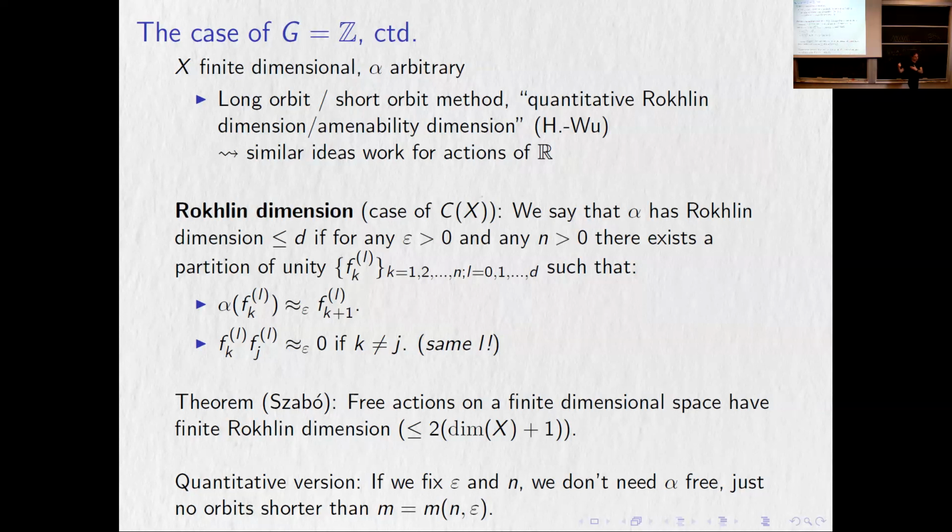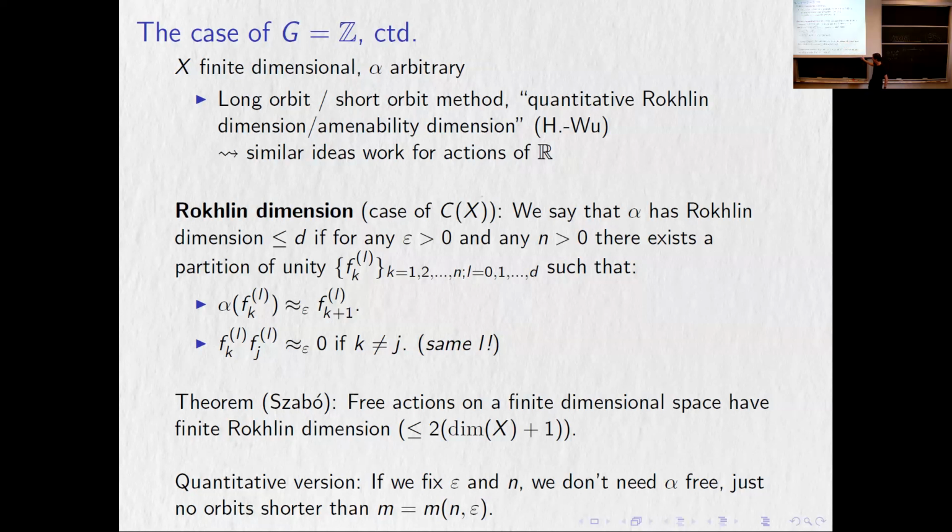In order to construct this approximation for this particular set and that particular epsilon, we need Rokhlin towers of length long enough, and we need some accuracy there. Having those things, we can construct the approximation we want. If I want a better approximation, a smaller epsilon or a bigger set, I might need to pick different parameters. So you can think of a quantitative version of Rokhlin dimension. If I don't want to approximate everything, but only a particular finite set to within a particular epsilon, I would need to know that I can find those Rokhlin towers with a given n and a given error, not all of them.